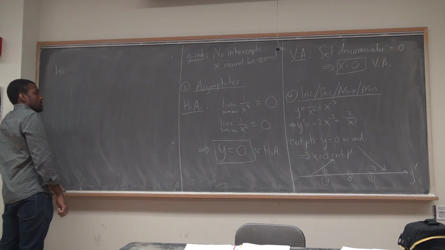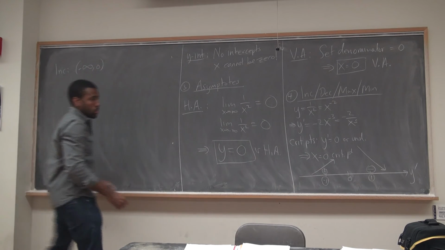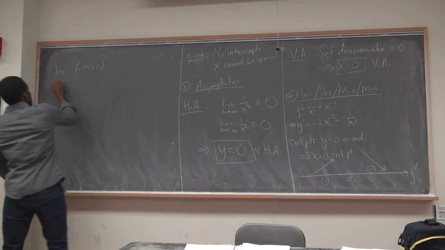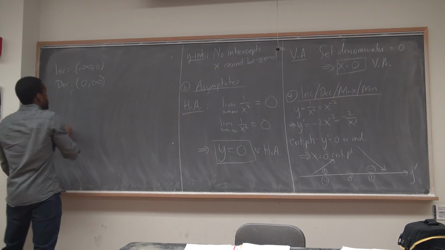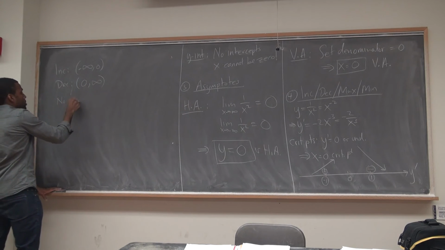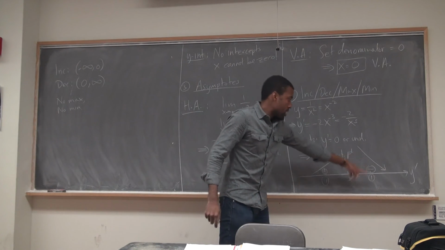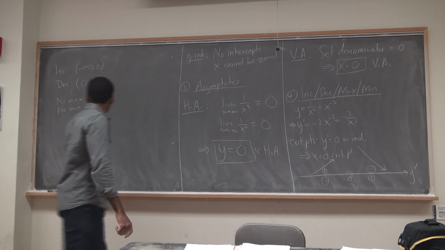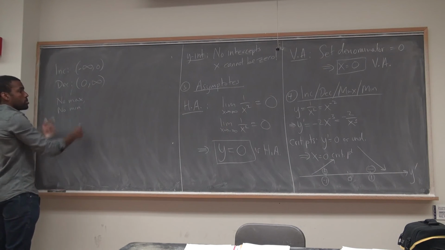Well, from negative infinity all the way up to 0, right? So on this whole interval, from here all the way back, I'm increasing, and I am decreasing from 0 to infinity. There are no maximums and no minimums, right? Because if there were, I would be able to identify them here. 0 was a candidate for a maximum, but I'm not defined there, so I'm nothing. And so that's my intervals of increase, decrease, my maximums and minimums.